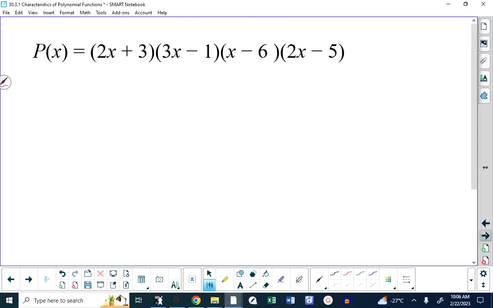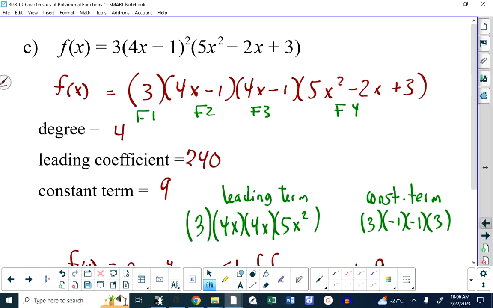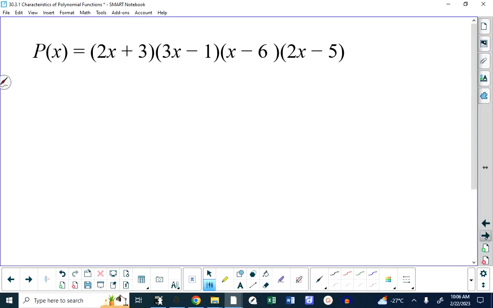So if I asked you what the constant term of this polynomial function was, you'd take 3 times -1 times -6 times -5. If you expand this out, it turns out that the first term and the last term, the leading term and the constant term, are what are important. The middle stuff is not really valuable. You would get,